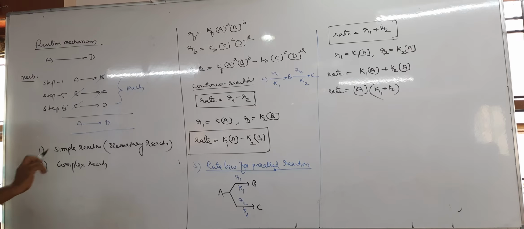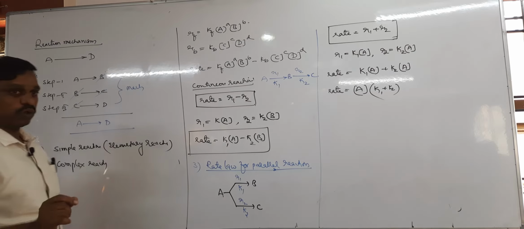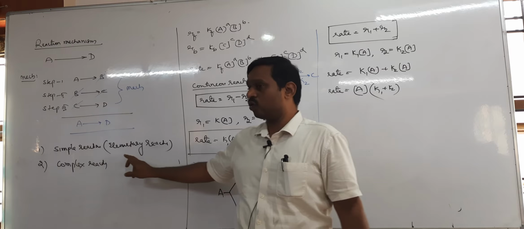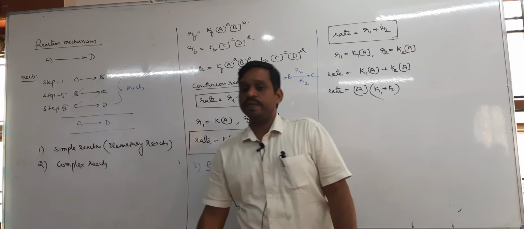Tell me, there is no other name. Complex reaction. So therefore, based on reaction mechanism, reactions are classified into two types: simple reaction and complex reaction. They are also called elementary reaction, simple. Then tell me, what may be the simple